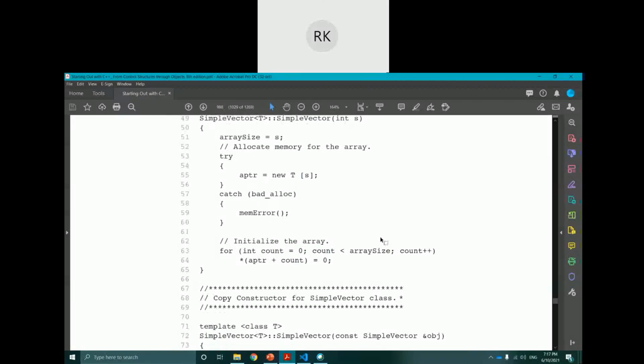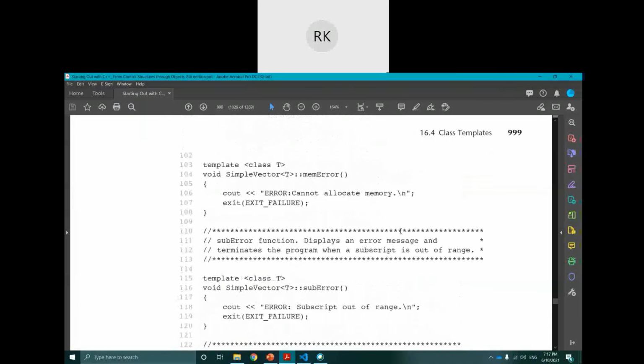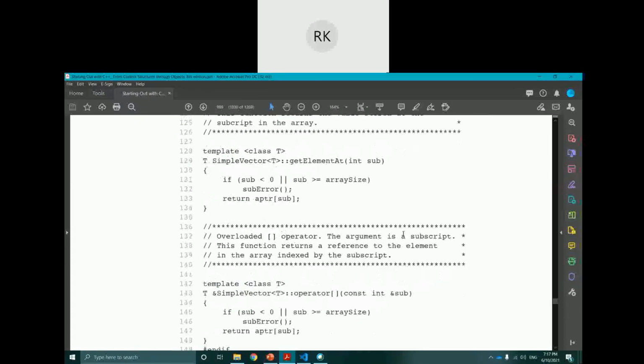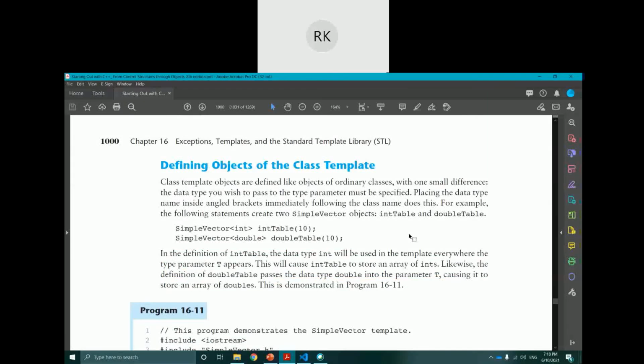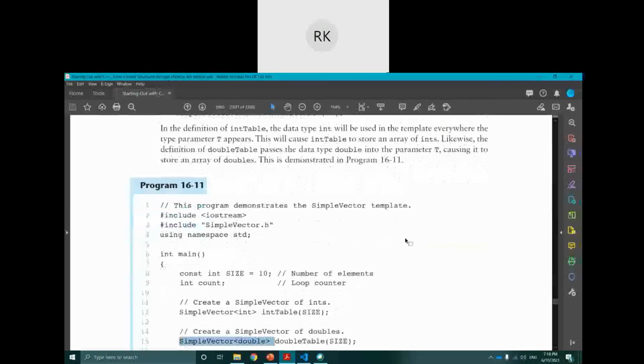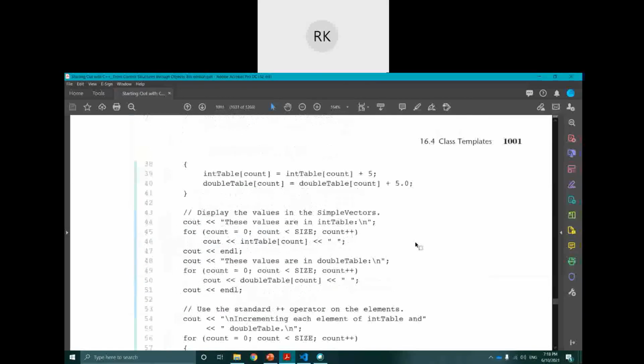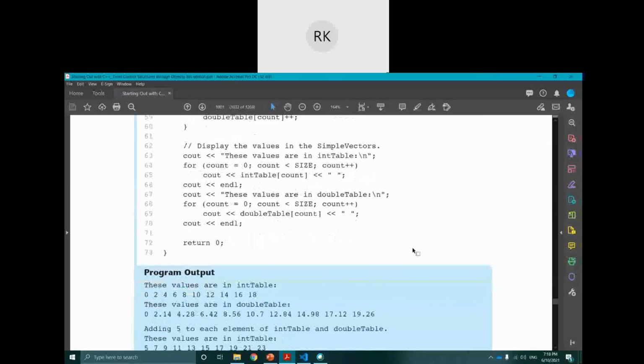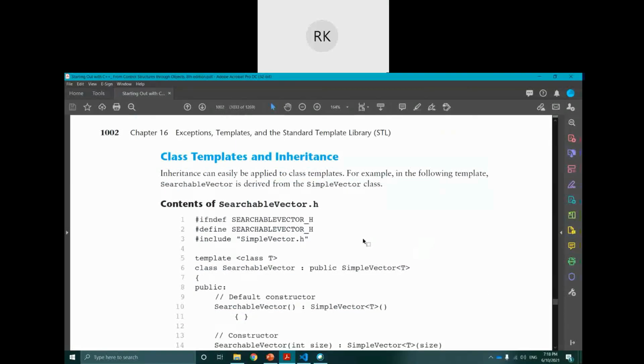So the next concept in a class: if you remember, once we have a class, we have the possibility to inherit one class from another class. So yes, we can inherit. And if we can inherit, the same question applies to templates also. So actually we can inherit a template also. You see, classes, templates, and inheritance.